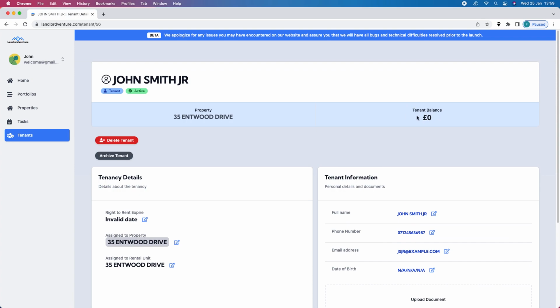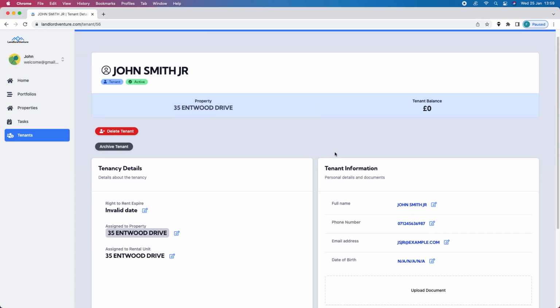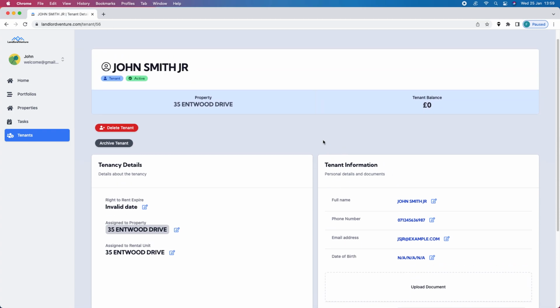You'll see that there's a tenant balance up here. Now this is only live when you activate it, and what that means is any deficit or any rental balance owed to you is linked to the actual rental unit until a tenant moves out. So once that tenant moves out, you can then transfer the balance to the actual tenant, so it doesn't look like it's owing the rental unit anymore, which is the responsibility of the tenant that's occupying it. When that tenant moves out, you can move that balance to the tenant and set up payment plans with